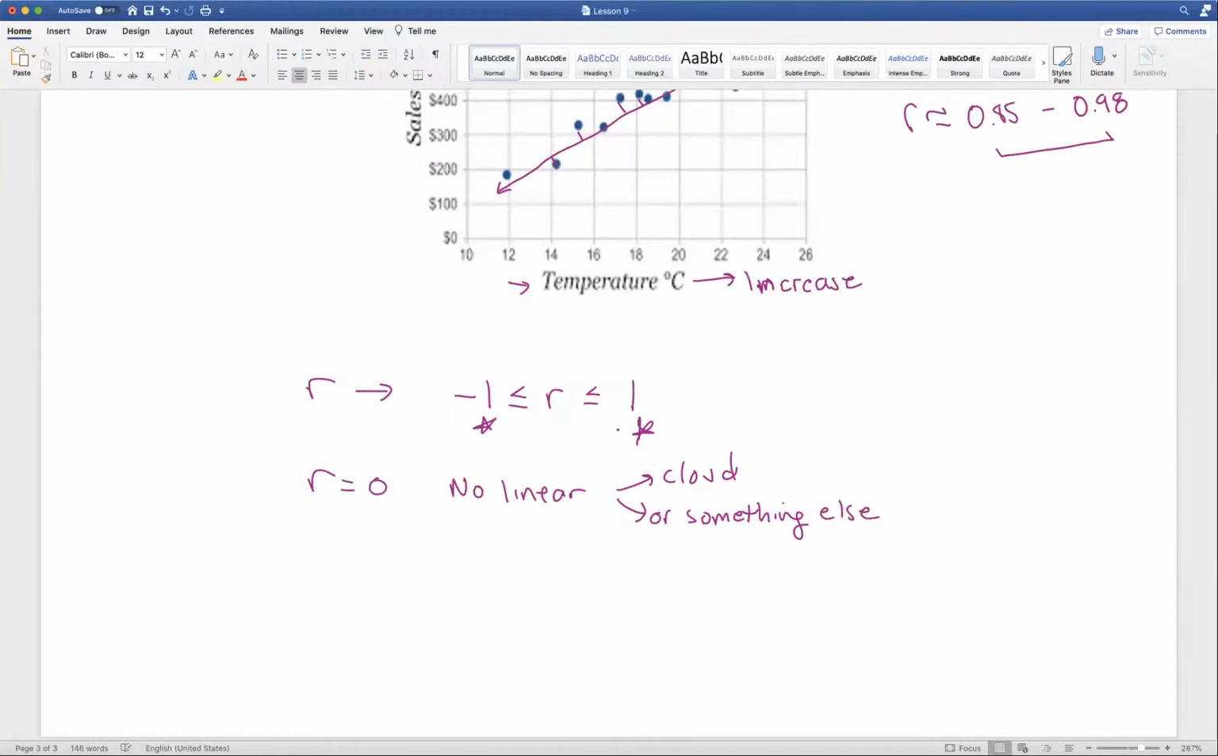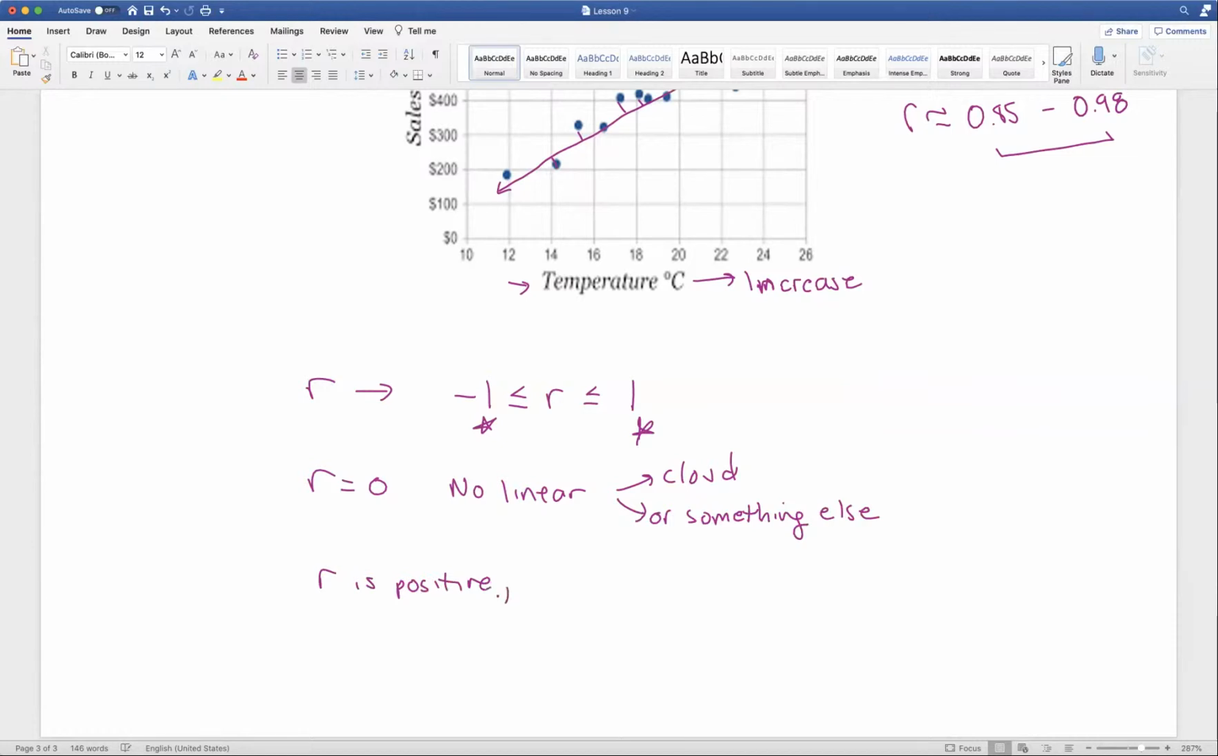Now, having r equal -1 or +1 doesn't occur so often in the real world. Normally, r will take on any one of those continuous values between -1 and 1. But it is possible for you to have exact linear correlation, it just doesn't happen so much in the real world in regards to data. Remember that if r is positive,